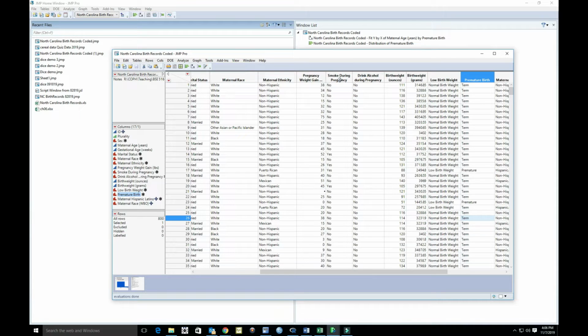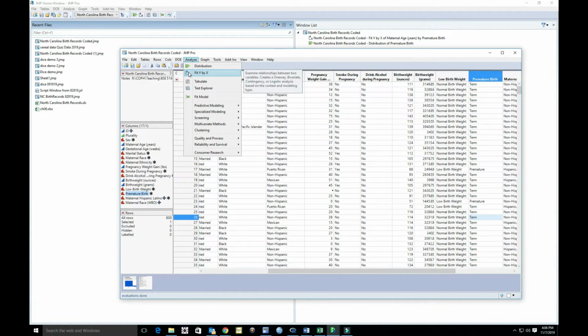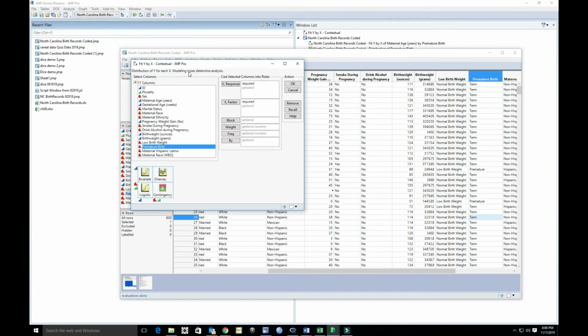So the way that I do this test is very similar to what I did for the last one. I'll come here to Analyze. I'll choose Fit Y by X. And so now I will specify smoking during pregnancy as my